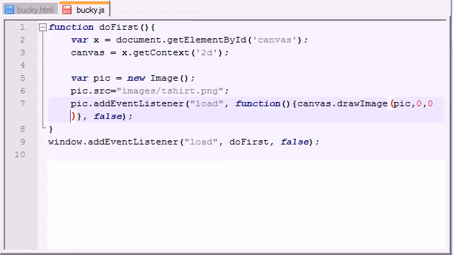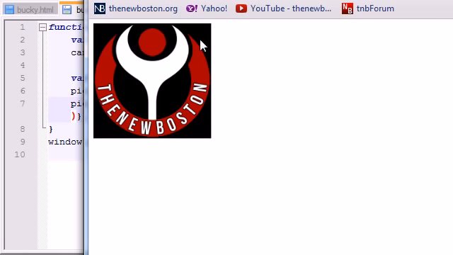I hate when my editor does that. It goes to the next line, makes it really difficult to read. But anyways, I believe that's it. Can't really tell because everything's on 2 lines. But let's go ahead and save this and see what we got. As we can see, what we did is we created a new image object. That images slash tshirt.png, that's the image, and it waited for it to load,